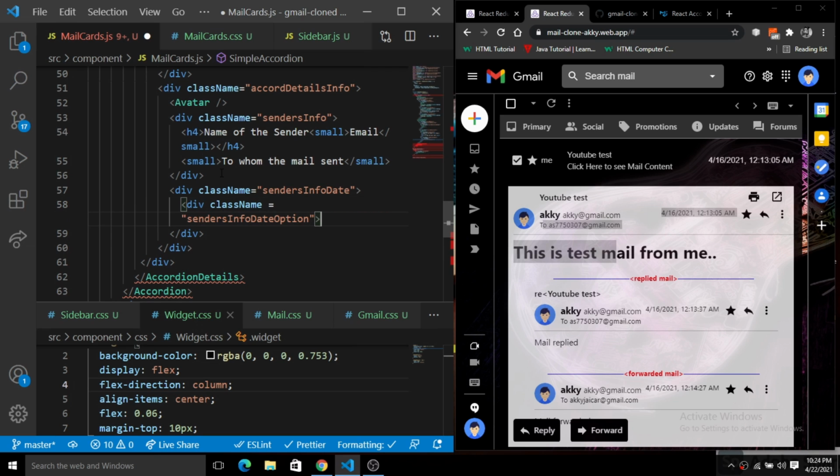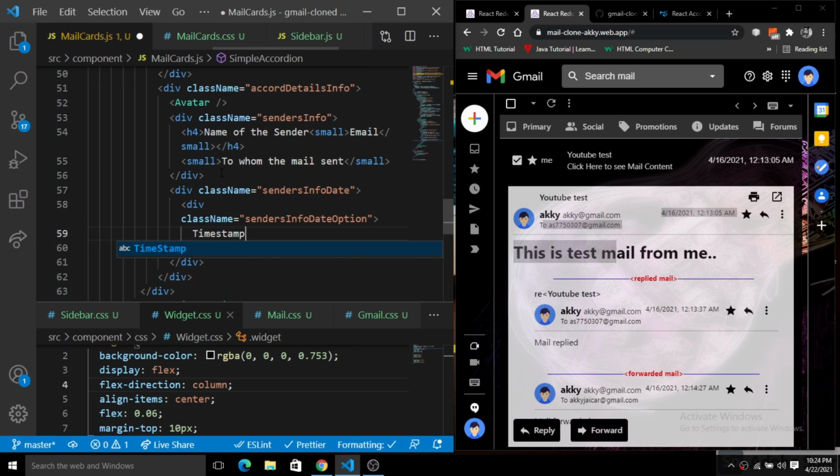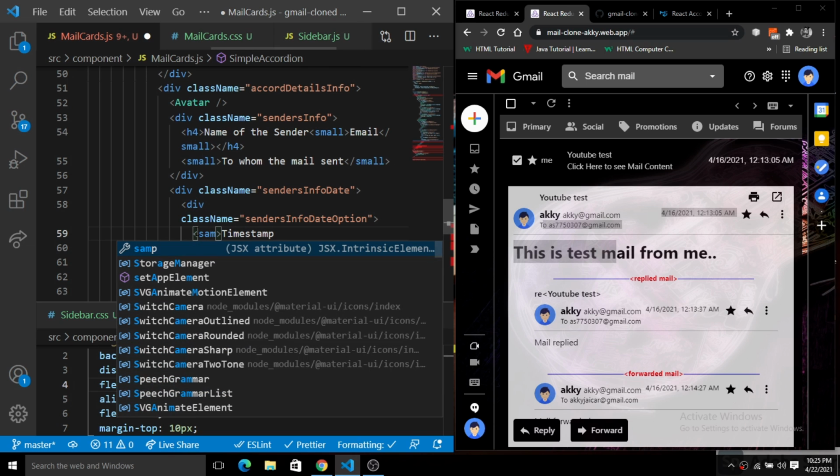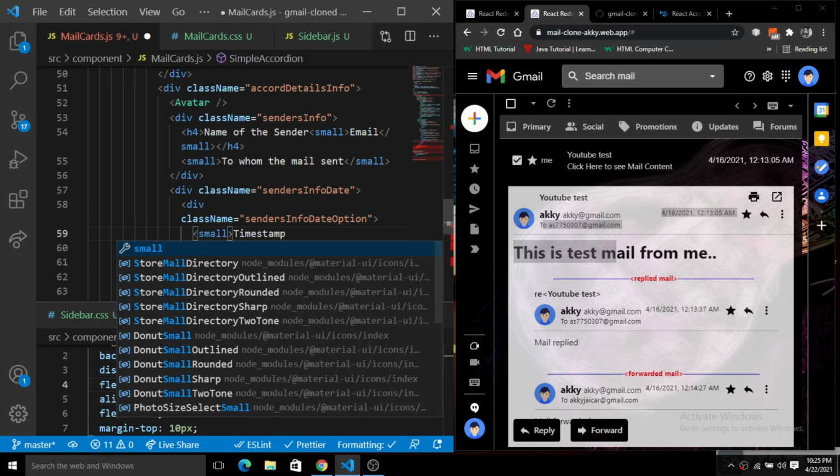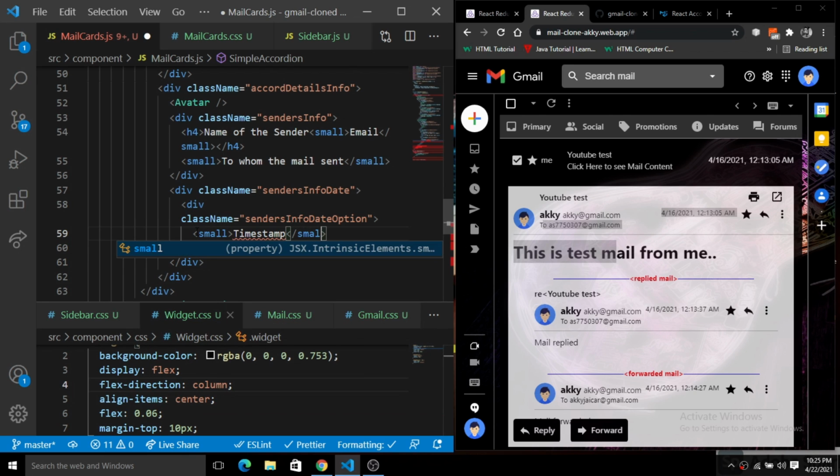Put this like this, and here we have this timestamp inside of this div. So let's give the timestamp. Fine. And we will just put this timestamp inside a small tag. Close this div. Okay, so basically we have this timestamp inside of this small tag, and next we have